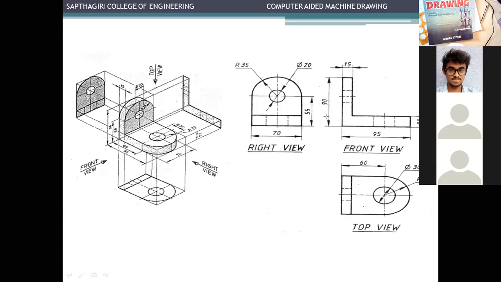I have told you about the dimensioning. This taper of the triangle is, if it is horizontally 1 mm, I'll draw it like this. If it is 1 mm like this, the altitude is 3 mm. So that is the proportion you are supposed to maintain for an arrow mark. This is just a representation, just to identify. If this is 1 mm, this is 3. A 1:3 ratio has to be maintained for dimensioning. That is very, very important. So I'll go to the next slide and give an example.